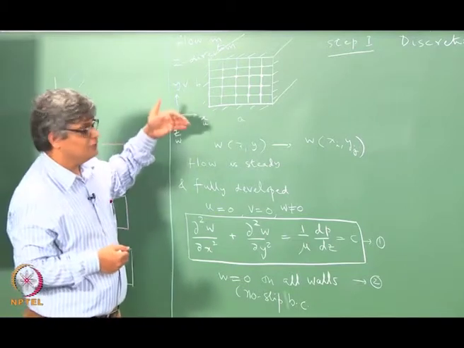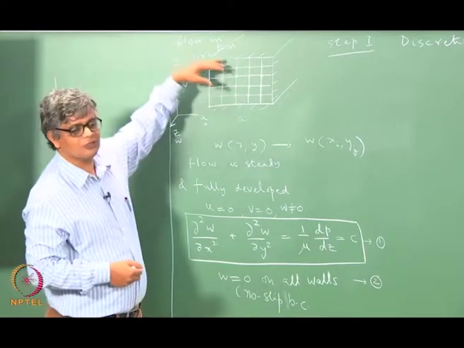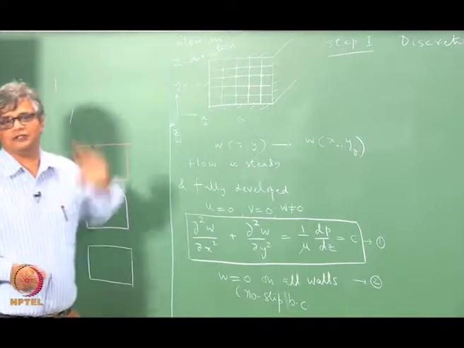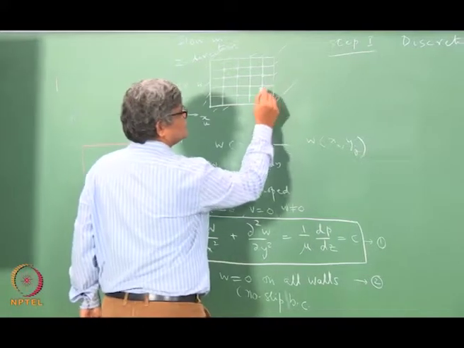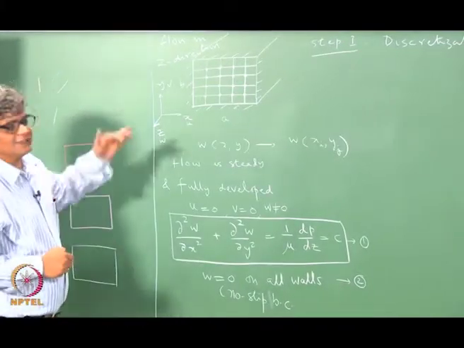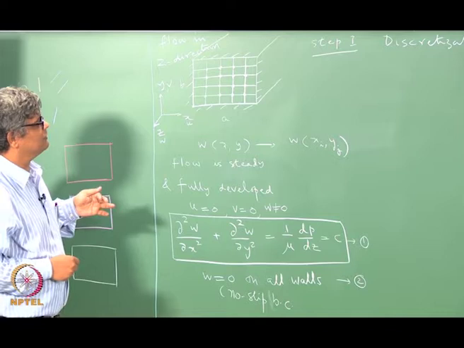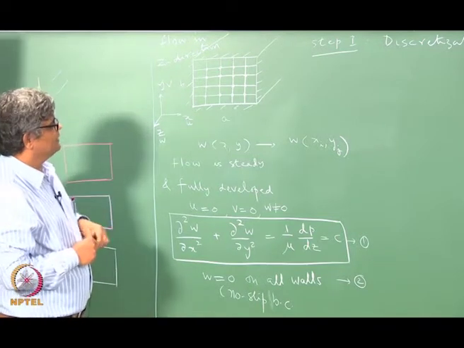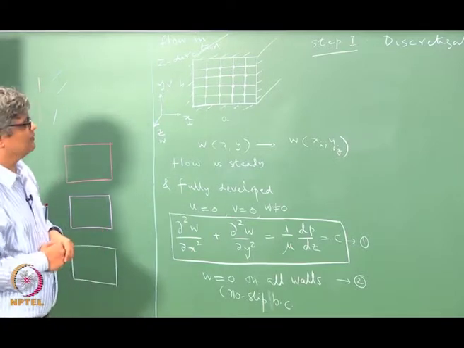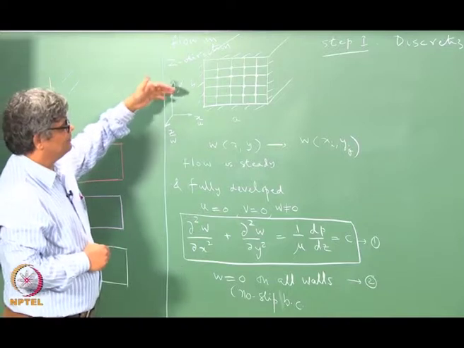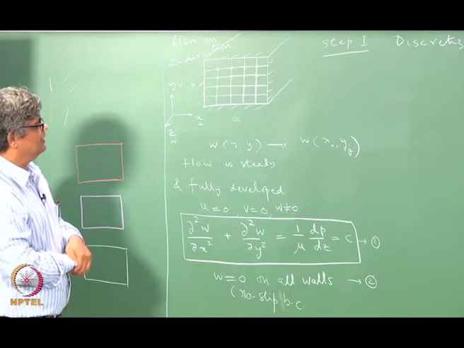If we know how to get a solution at this point and this point, then we can choose to have many more grid points and then get a solution virtually everywhere. So, that is the idea behind this. So, we identify the grid points by discretizing the flow domain. While discretizing it, in these simplest cases it is pretty obvious, but in more practical problems it is not so easy to identify at which points we want to put these grid nodes.